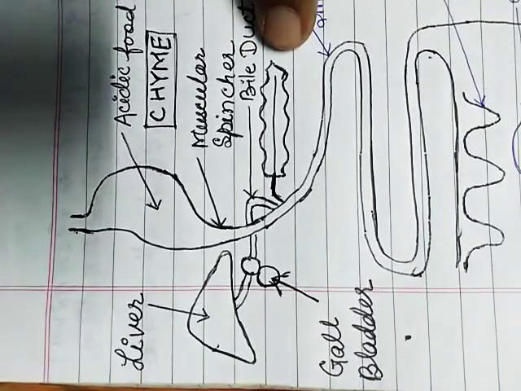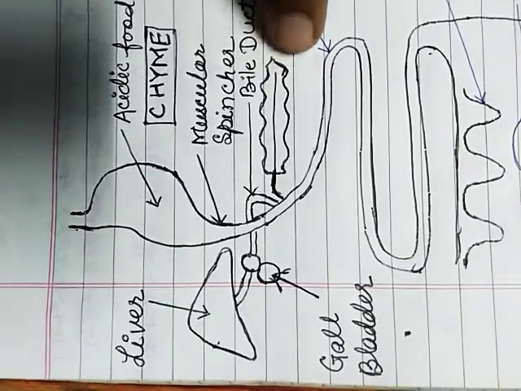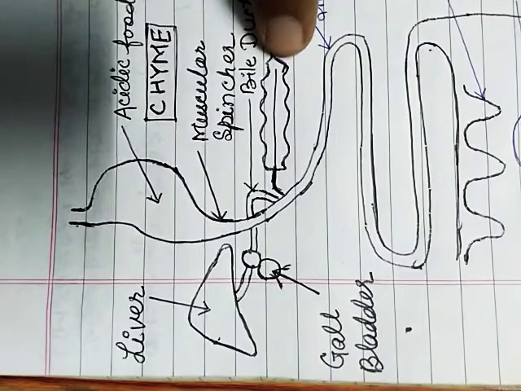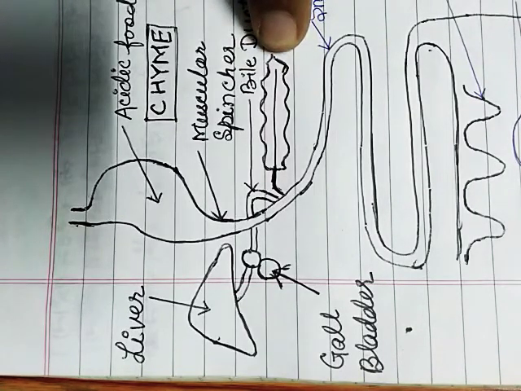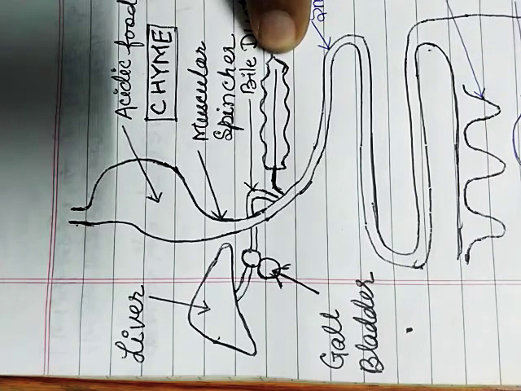Now, next is fat. The fat which was emulsified by the bile juice is now digested by the enzyme lipase. This lipase is also present in pancreatic juice and secreted by the pancreas. The fat is digested into monoglycerides and fatty acids. Mono means one, glyceride is a unit of fat. So that means whole fat is digested into unit form. Now next is proteins. For digestion of protein, there is a third type of pancreatic enzyme known as trypsin. So trypsin digests proteins into amino acids.